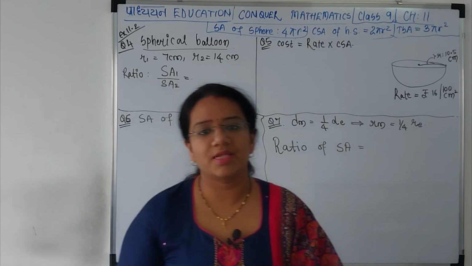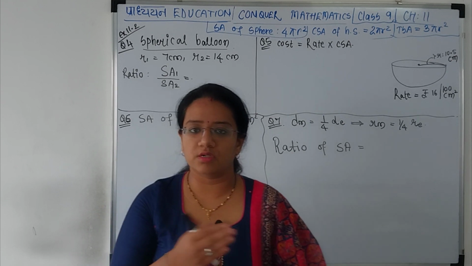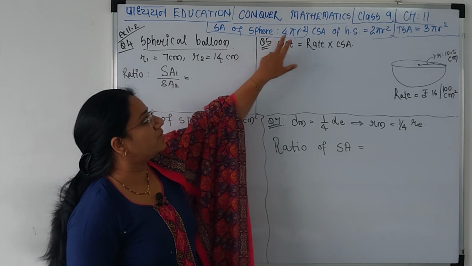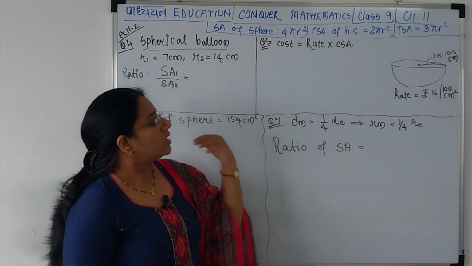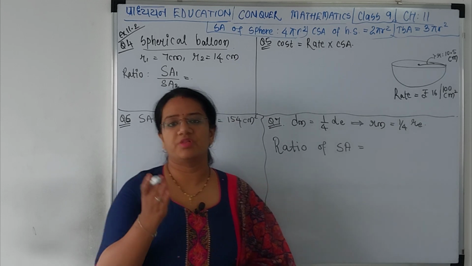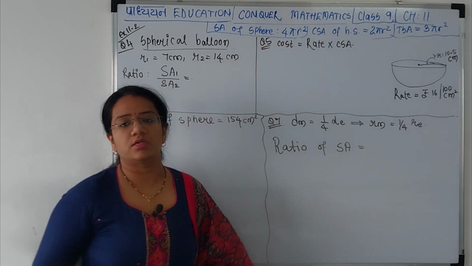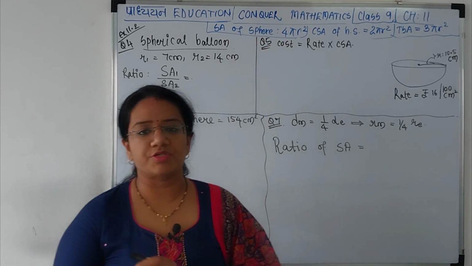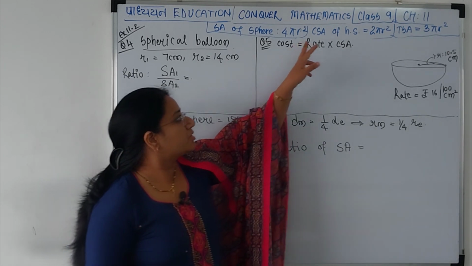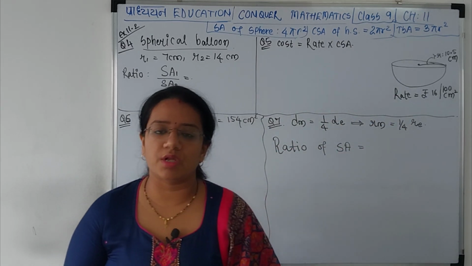Question 1, 2 and 3 are very direct questions. In question 1 you are given the radii of the spheres, you simply have to find the surface areas. So you will simply put the values of radius here. In the second question you are given the diameters of the spheres, so from the diameters you will find out the radii and you will be putting the values here and you will get the surface area of the sphere. In the third question, it is about hemisphere. You are given the radius directly. You simply have to put the values here and you will get the answer. So in this video, we will be beginning with question number 4.